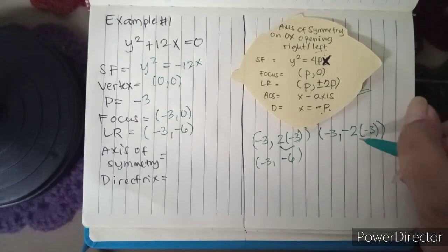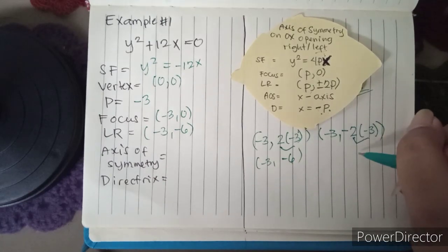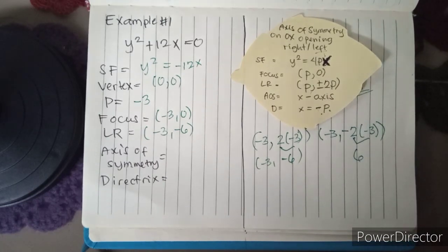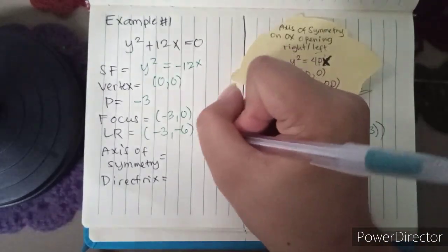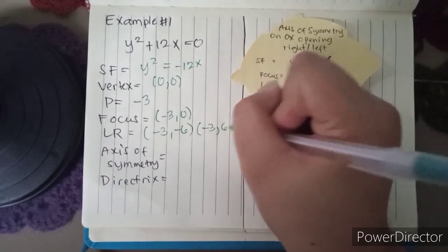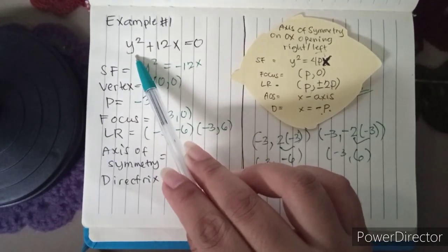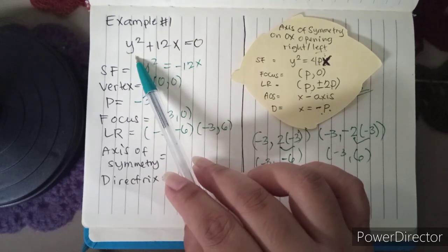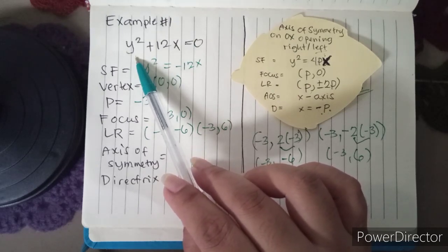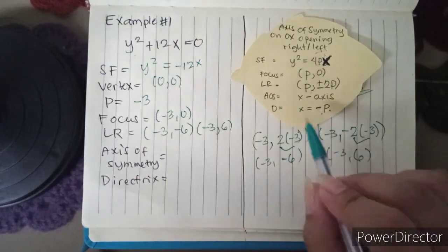And the second one, we have -2 times -3 is equal to +6. So the second ordered pair for the latus rectum is (-3, +6). Since ang naka-squared sa atin ay y squared, alam na natin, or yung kabaliktaran niya, ang ating magiging axis of symmetry. So y siya, y squared. So, ang ating axis of symmetry now ay nasa